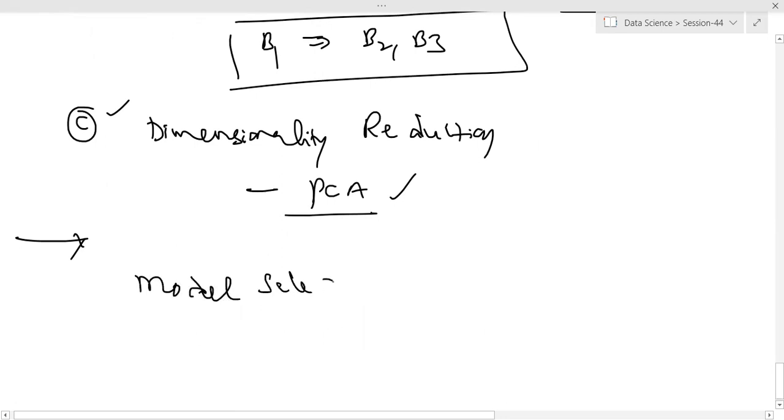Model selection criteria. How do we select the models, friends? Basically, on what basis do we have to select the model? This is the first thing, and of course, this is the major thing, because I have given this dimensionality reduction. And second thing, friends, actually, I want to give you,